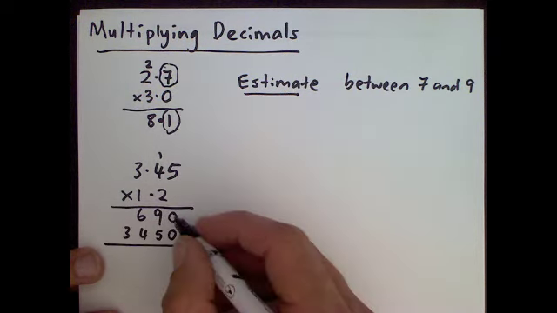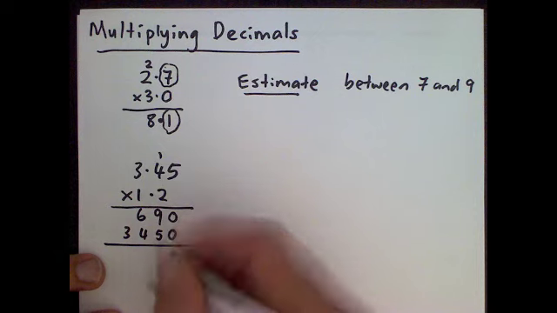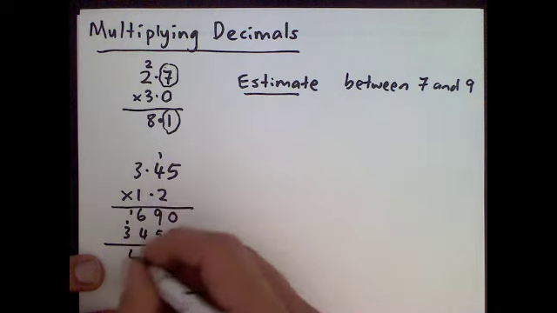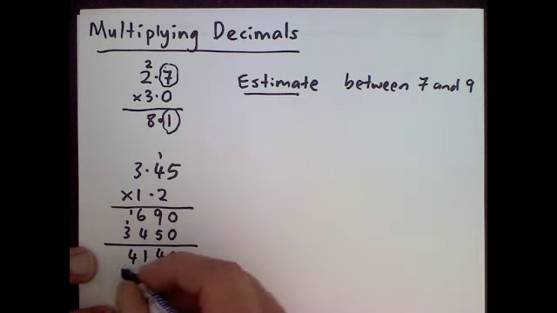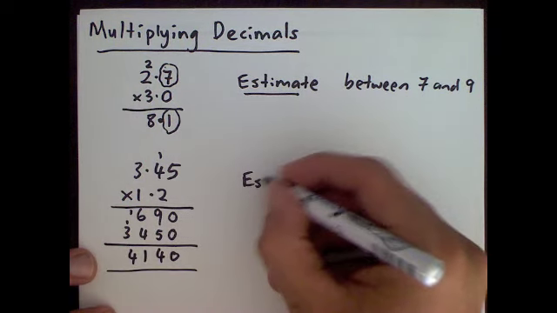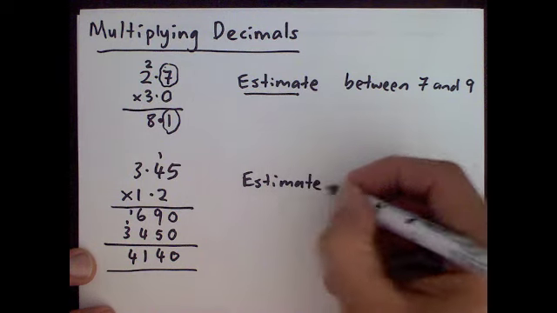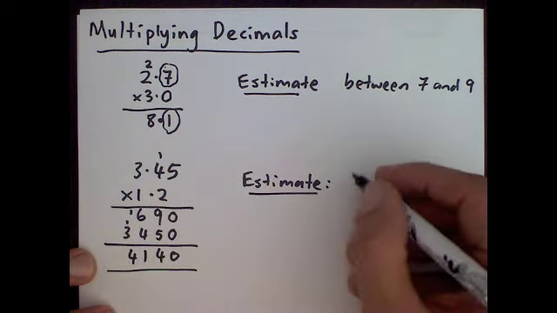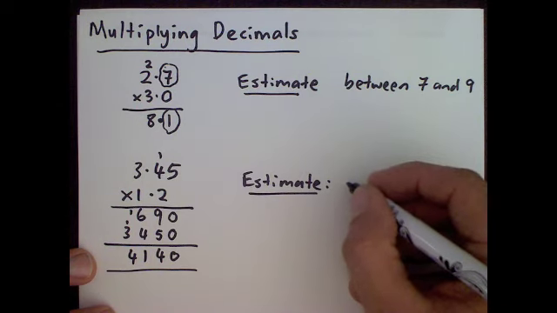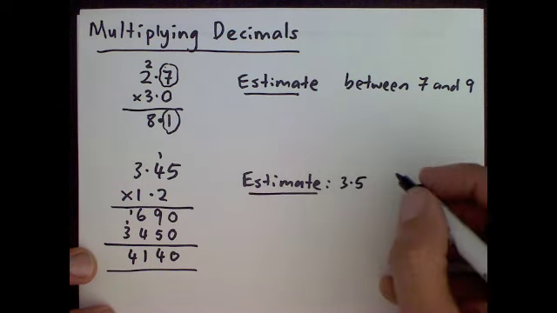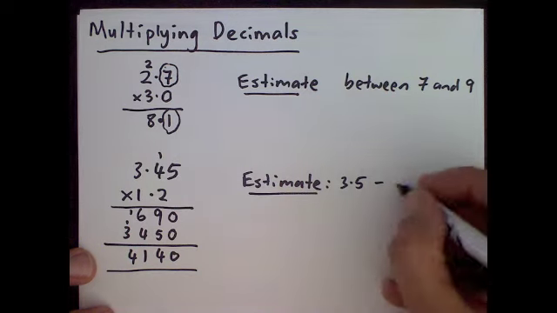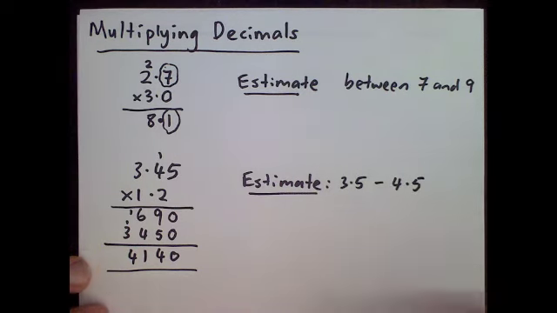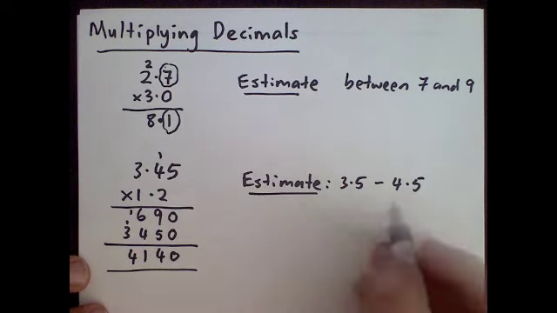Now what we do is we add those together. 0 plus 0 is 0, 9 plus 5 is 14, we carry the 1, 6 plus 4 is 10, plus that 1 is 11, and 3 plus 1 is 4. We get an answer there of 4140, but remember, think of our estimate there. So we know that 1.2 times 3.45 's got to be more than 3, because 1 times 3 is 3. So we'll look at an estimate that may be between 3.5 and, let's say, 4.5, or even between 3 and 5. Alright, so that means our answer here must be